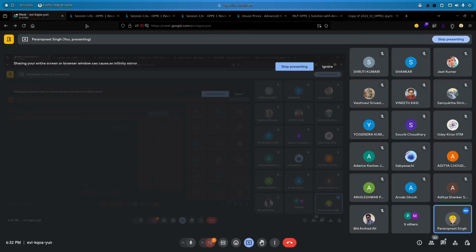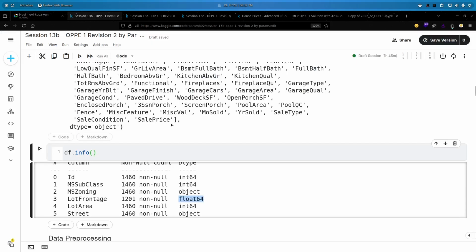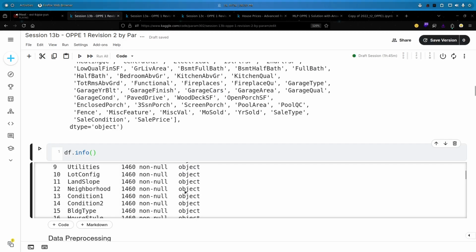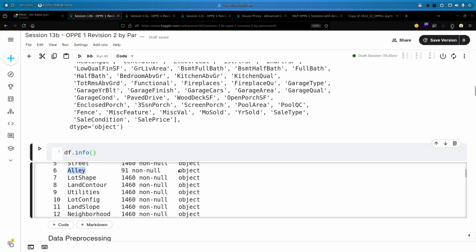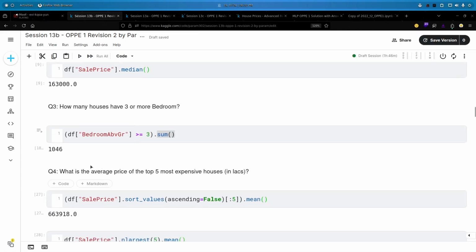Like for age, we cannot have age as 0, -1, or -2. So we have to identify those values. And for the objects, we may have unknown or dash or underscore or question mark, something like that, and we have to identify it by looking at each of the columns.